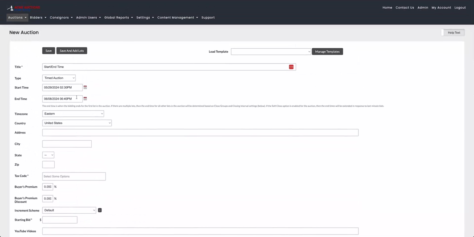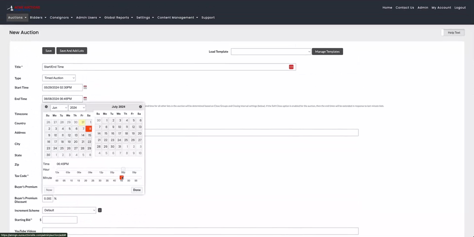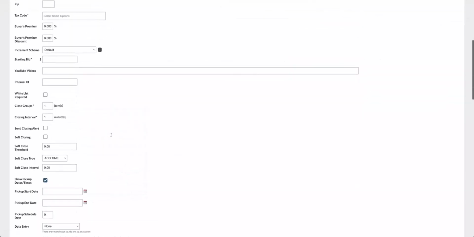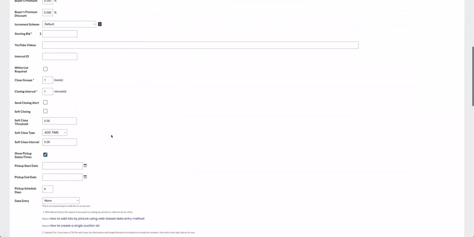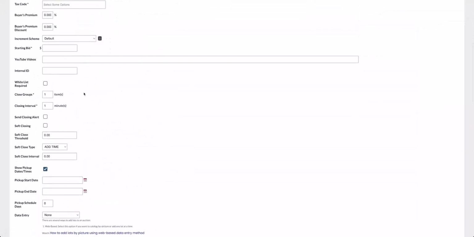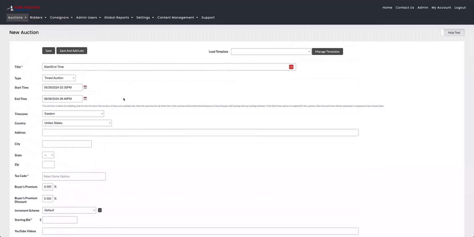So let's say you have 10 items and you have them set to close 1 minute apart. Then the actual end time will be 10 minutes after you set the end time on this edit auction page. I hope that makes sense, but basically if you use extended bidding, there's no way of telling when the actual time will end, but what we can do is decide when the first lot will start